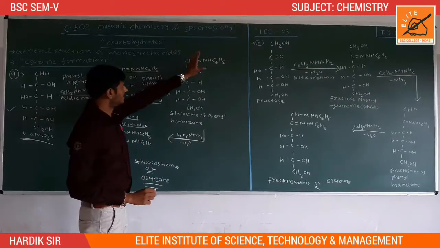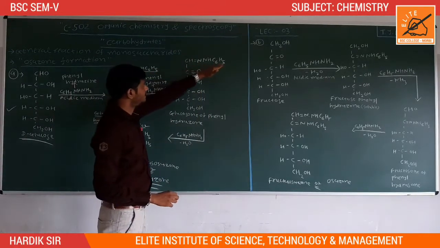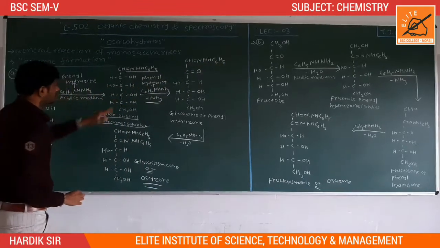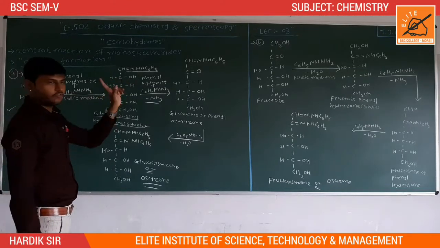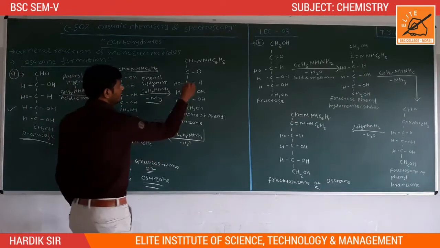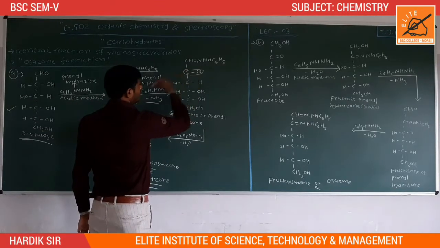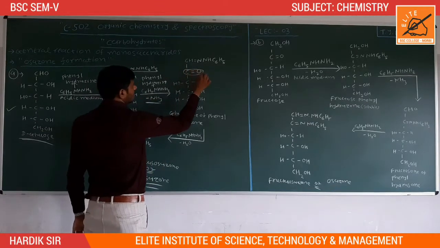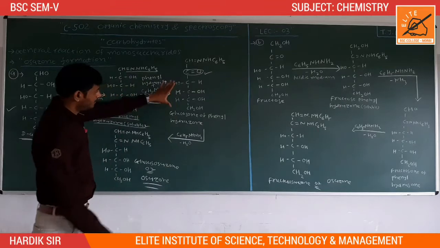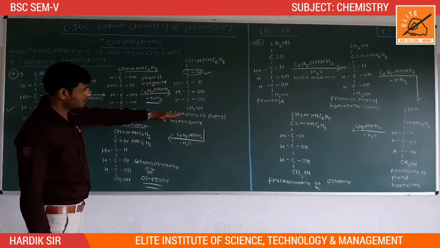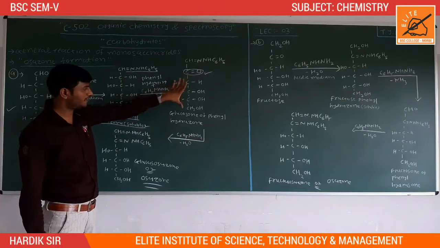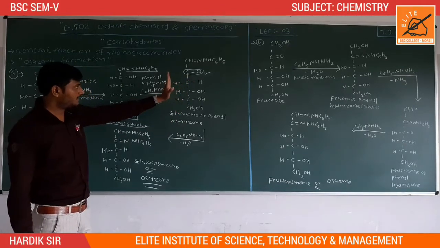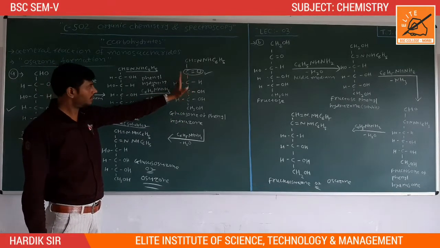This part is our same CH double bond N-NHC6H5. But the hydroxyl and hydrogen are removed as 1 mole of water to produce a carbonyl group. This is the carbonyl group, and it produces a glucosone phenylhydrazone. This is the structure of glucosone phenylhydrazone. Now, this is our second intermediate product.